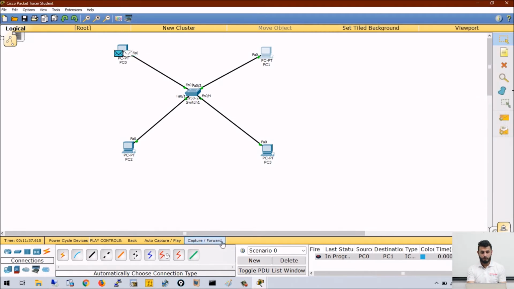So if I click on forward again, that was the echo request. Now we got the reply, and you can see here the result is successful. So two users are able to communicate. First thing, they are members of the same broadcast domain. Second thing, the computer should have the MAC address of the destination. To resolve that MAC address, it will generate an ARP request. An ARP request is a broadcast. It means whatever computers we have in the same VLAN will receive that broadcast. Now let me come back to real time.